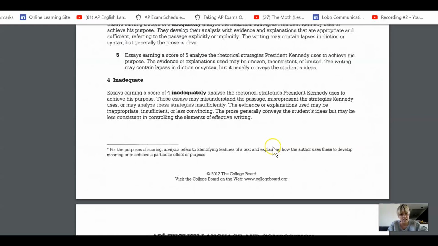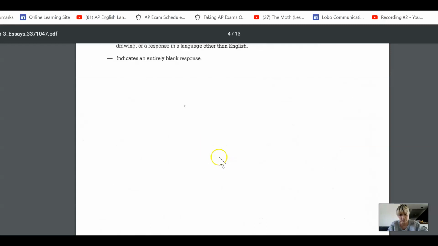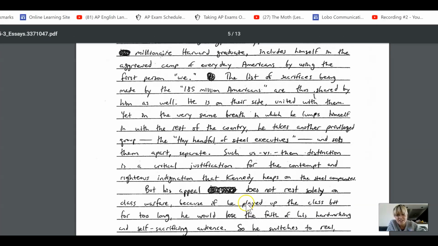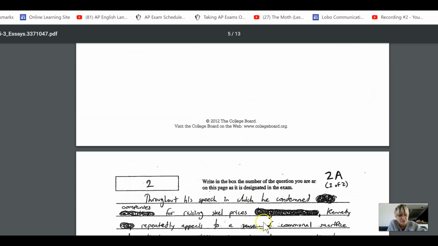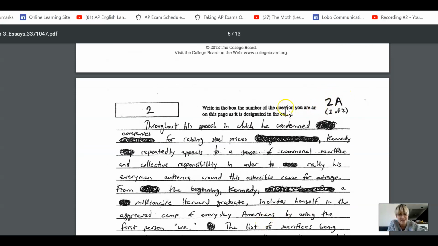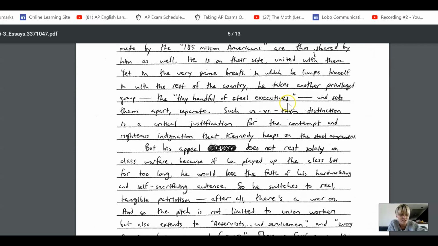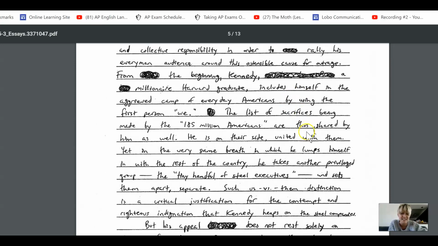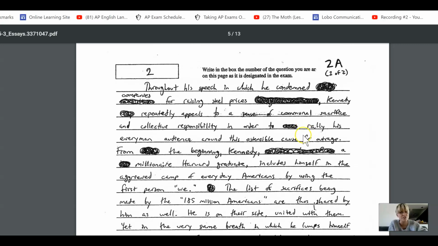And then if you guys scroll down, you can actually see that's the old rubric. You can scroll past that. And there's a lot going on here. This is just the first actual sample, and it's 2A. So if you read the first one, you'll notice this is a top scoring one. Keep in mind they only had 40 minutes to write this, but it gives you an idea of how you could do a rhetorical analysis and kind of how that sounds. So I recommend reading that and just kind of checking it out.